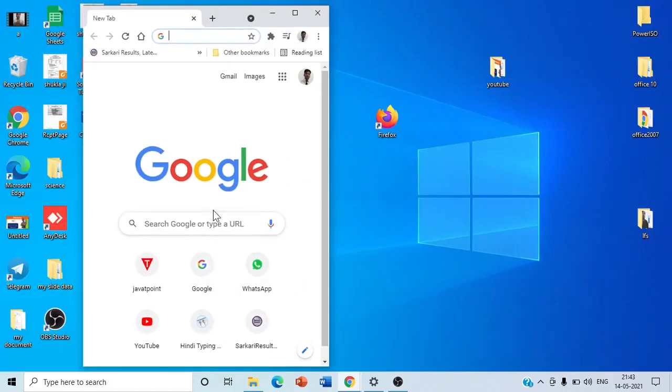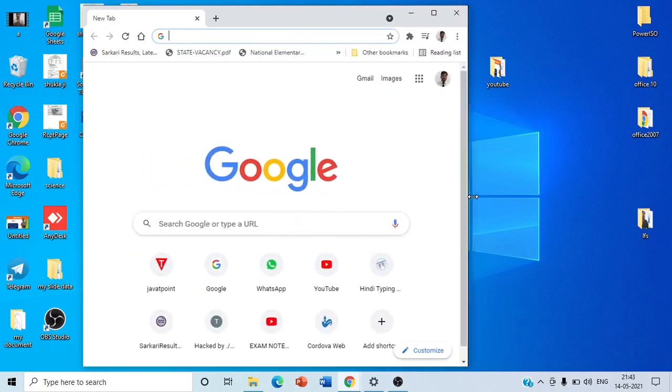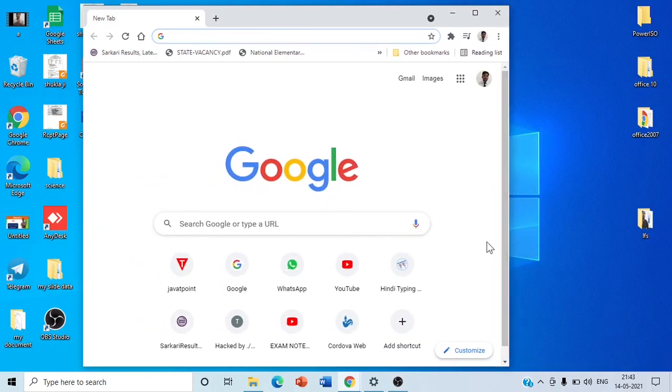Okay, when you maximize the window and you want to adjust the screen size, to manually fit the window size, you will move your mouse to the edge of your window. You will see that your mouse icon changes. When it changes, you click the left button, press and drag it, and you can see that our window size has changed. That is known as resizing of windows.